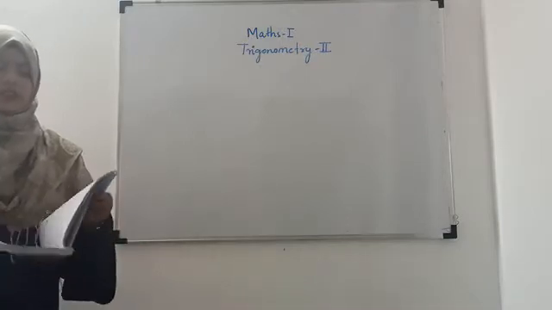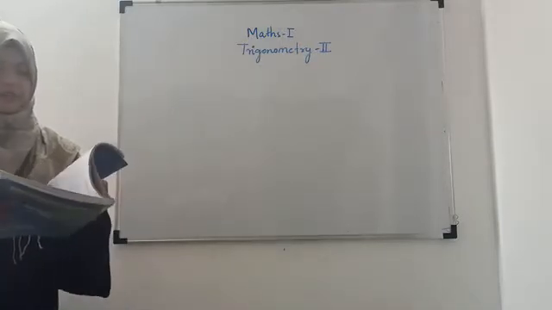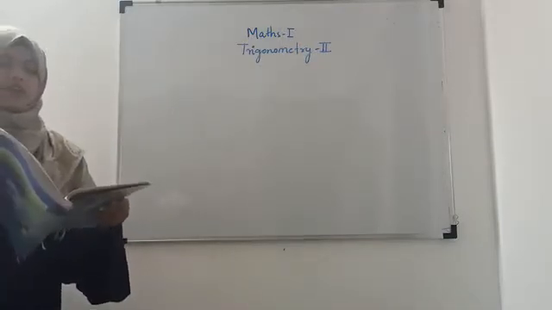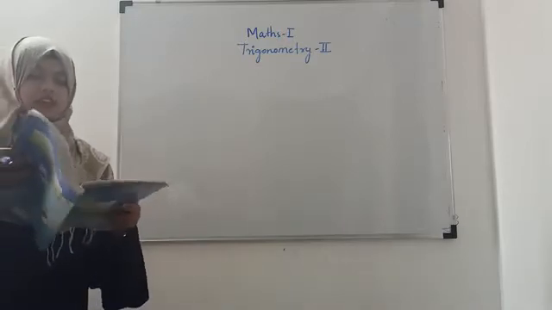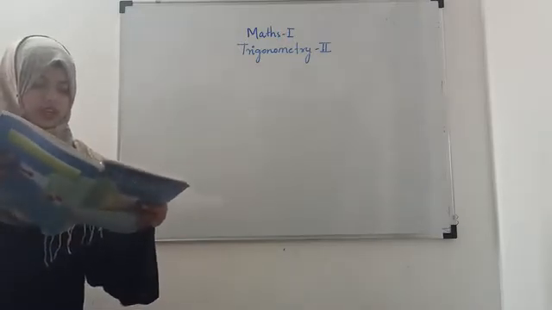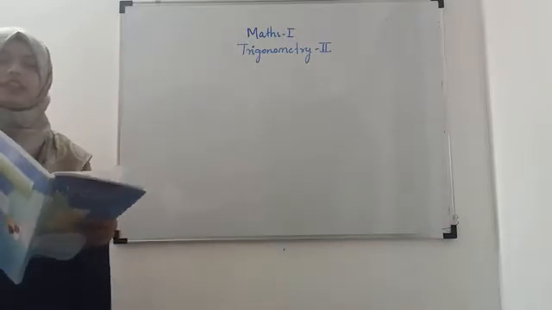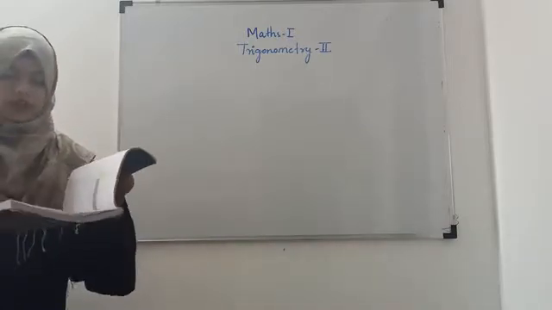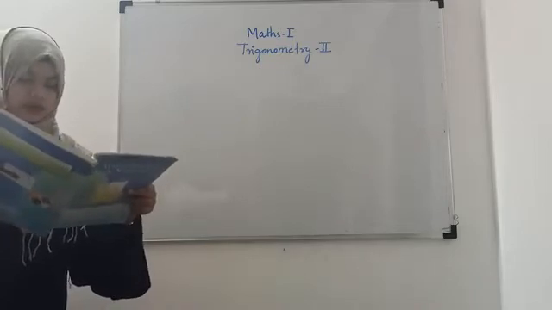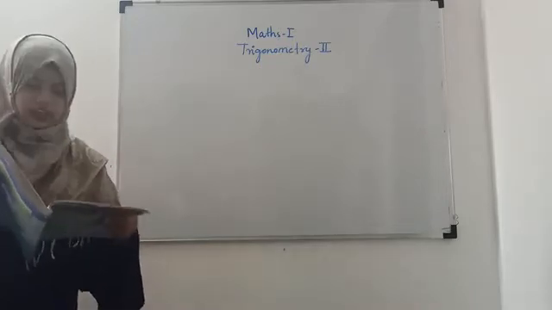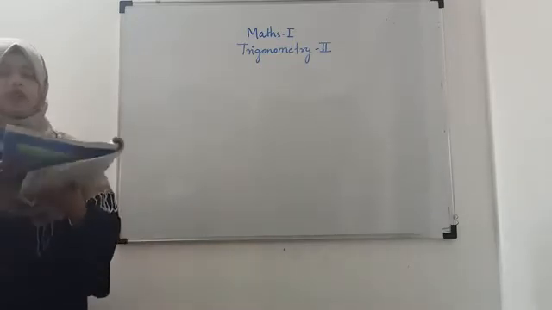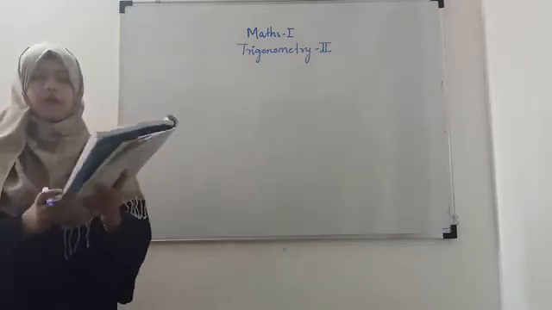So in the previous lecture we did trigonometric functions for allied angles. Today we will do some problems based on that and we will solve exercise 3.2. I did the problems on page number 40 in the last lecture. Now I am doing page number 41, problem number 3.